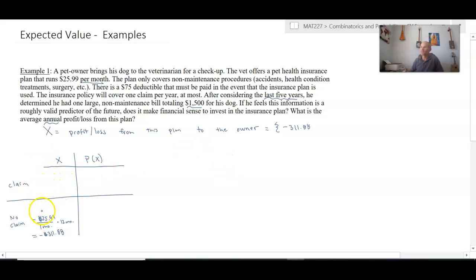But if he files a claim, now he's still going to have to pay the monthly premium all year long. He's still going to have to pay out the $311.88. He's also going to have to pay the $75 deductible because he's filing a claim. And it says that must be paid in the event that the insurance plan is used. He's going to also pay $75, but he's getting a benefit now. And assuming that this value is a predictor of the future, the insurance company is basically going to give him $1,500 with which he could pay the veterinarian. So in other words, they'll pay the bill for him. So if we add these up, 1,500 minus 75 minus 311.88, this is a benefit of